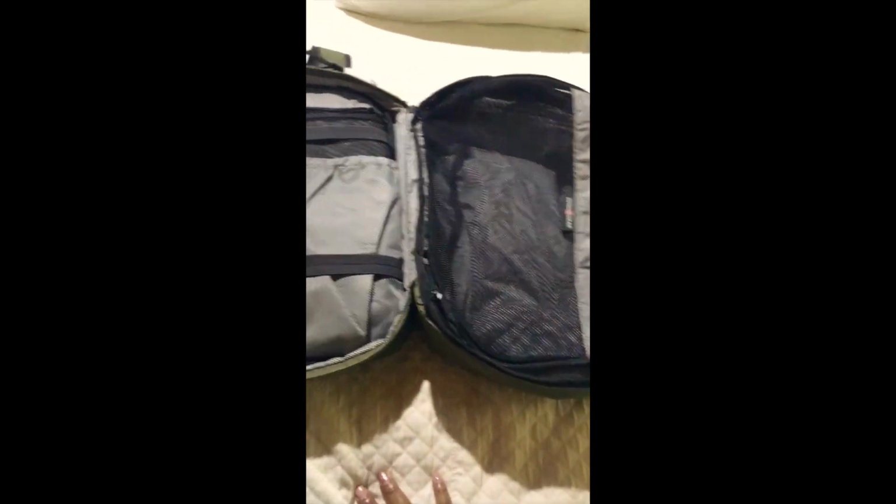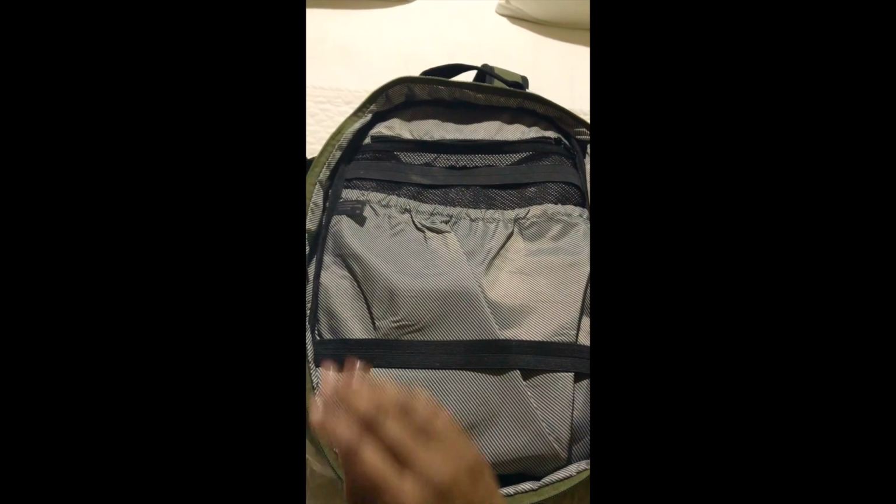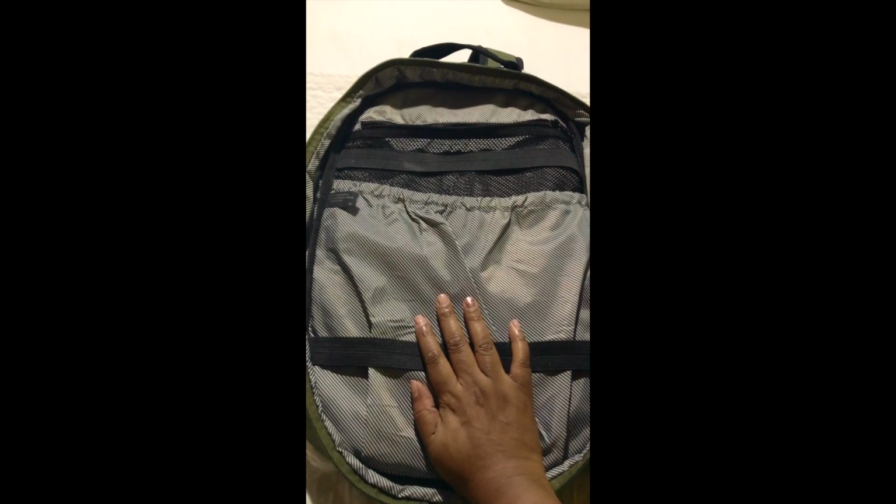So I like this bag right now because it looks like a suitcase, and I was able to pack accordingly. It also has these nice pockets here for your toiletries, and that came in really handy. So I'm just gonna show you what I brought. Oh, the other feature of this backpack is